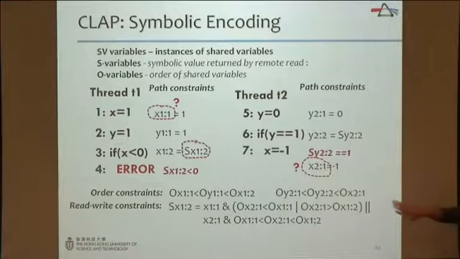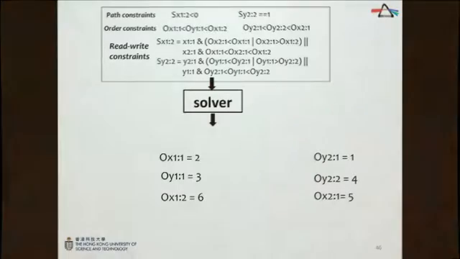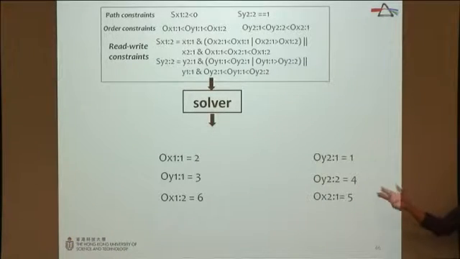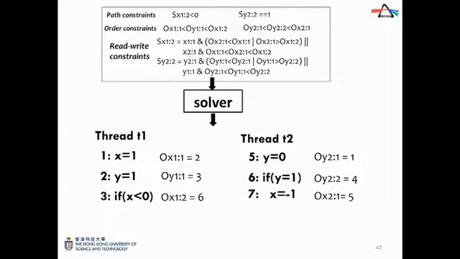So for illustrative purposes, this is a simplified representation of what we did, but this is the core idea: to encode different constraints symbolically. On the top, I'm giving all the constraints for this particular example, and we feed it to the solver. At the end, the solver will return an integer assignment to all the order variables that represent the position of a particular access to a shared variable in a global schedule. So this would be the order variable, and we would use this variable and the user level scheduler to replay this program.